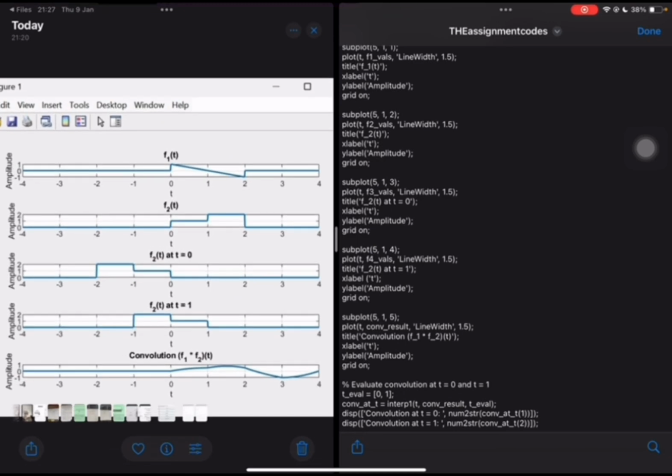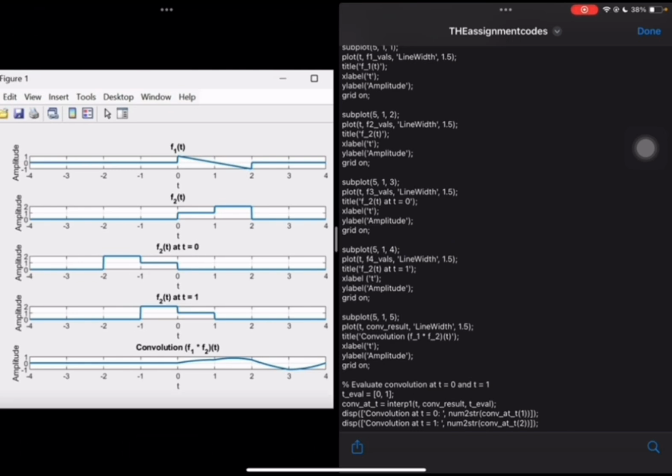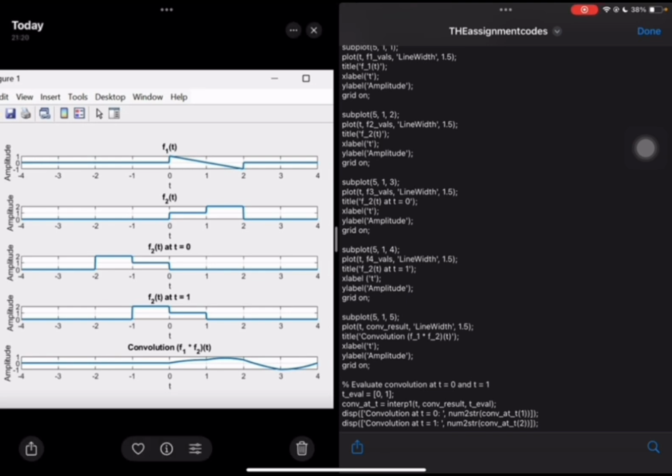So this is f1, and this is f2. This is f2t at t is equal to 0, and then f2t at t is equal to 1, and the last one is the convolution of f1 and f2. So we got this